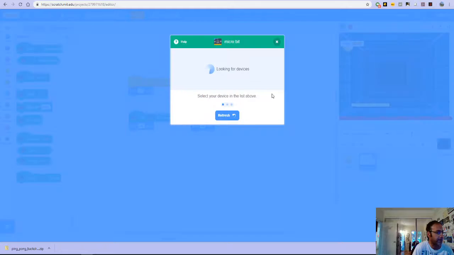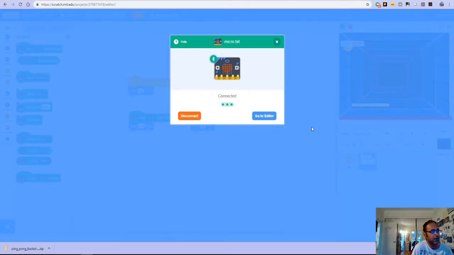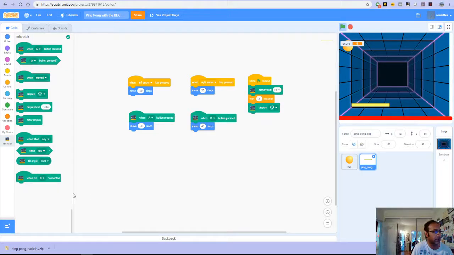And finally, let's click on the MicroBit, and hopefully it'll find the MicroBit device. Okay, it's found the MicroBit, so we'll just say connect, and there you go, the MicroBit is being connected. Now that we've added the MicroBit, we can write some code and create functionality, so that when we tilt the MicroBit, it will move the paddle to the left or the